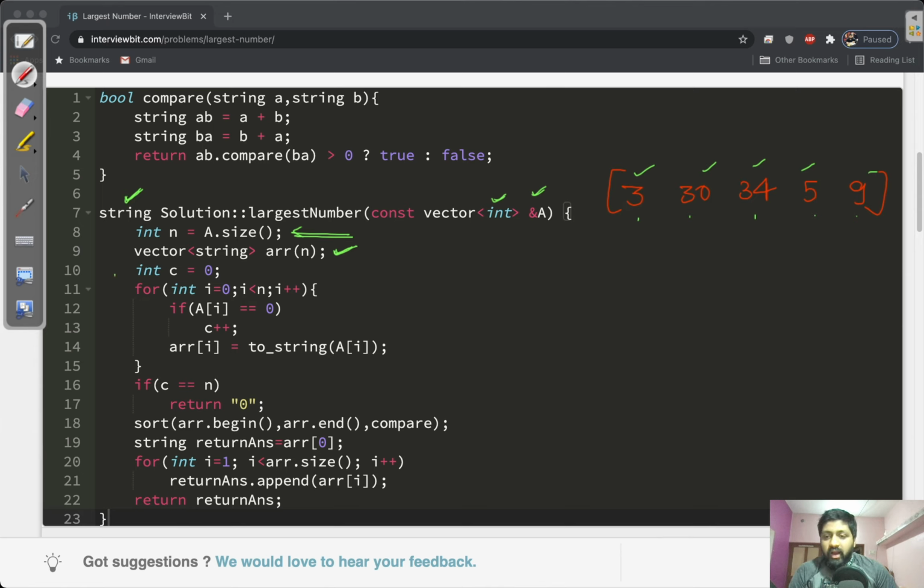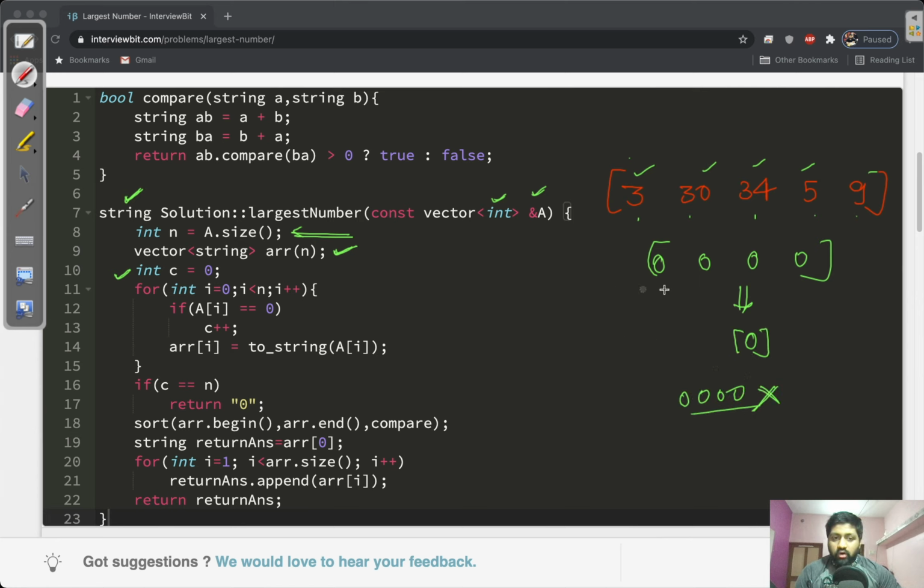After that, I have taken this variable c which is initialized to 0. Basically this counts how many zeros are there in our array of integers. If we are given an array of all zeros, then the maximum number generated from it is 0 only, and not 0 0 0 0.